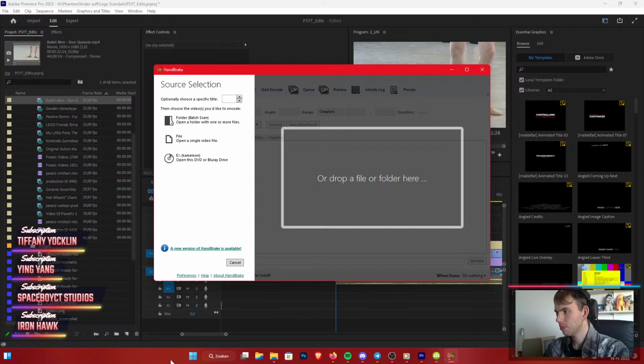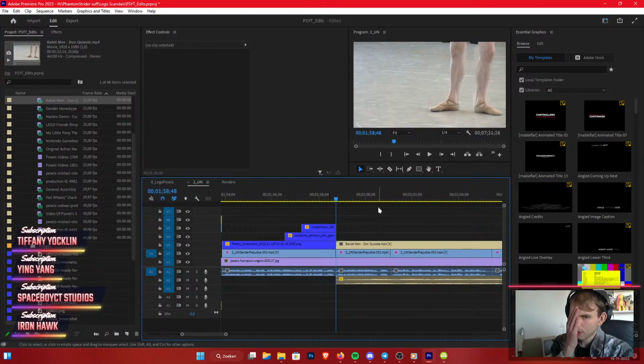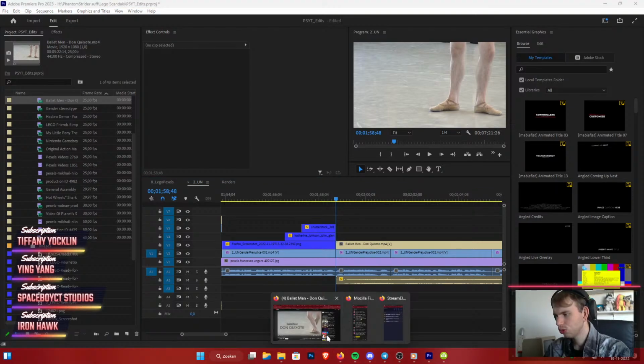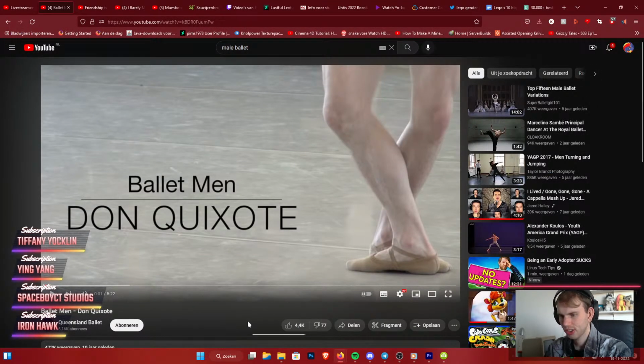Let me just open it up. I would have to run all of my footage through Handbrake if I wanted to do that, and it would make the process a whole lot more complicated than it needs to be. And besides, I just think screen recording is tedious as fuck. I don't like it, I do not want to do it. At the end of the day, I don't think it's worth it.